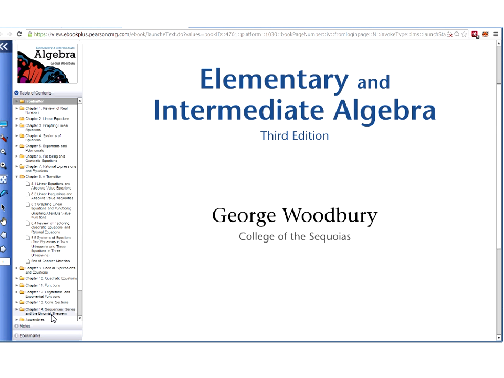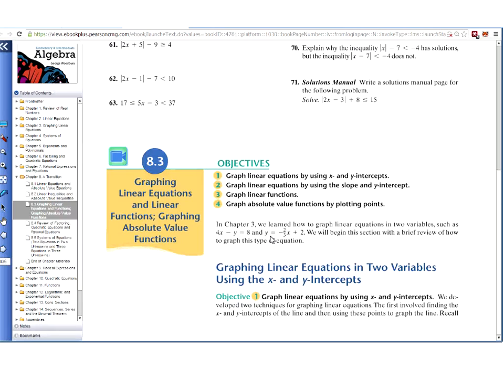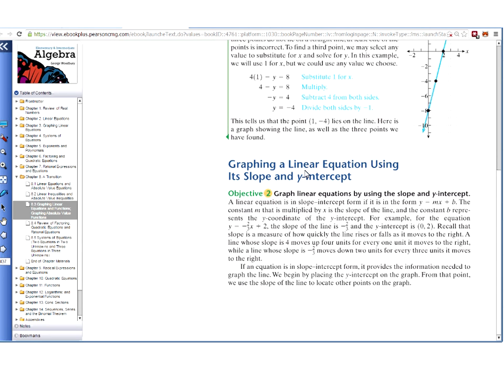I like to encourage use of the textbook, so I'm going to bring up the online textbook we use, and I'll go to Chapter 8, Section 8.3, and the bottom of that page is where 8.3 begins. I go to the next page and the bottom of that page, and we find graphing a linear equation using its slope and y-intercept. The first sentence in the objective here is what I want to convey to the student,